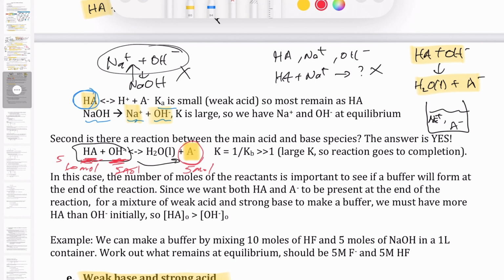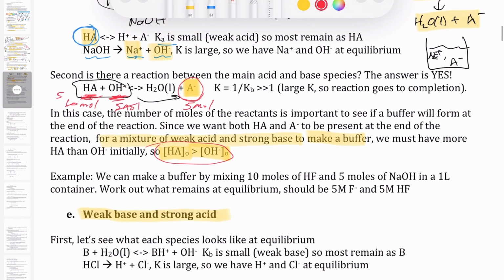So in other words, it will work as a buffer, but you just have to be a little careful with how much acid and base is present. So for a mixture of weak acid and strong base to make a buffer, we're going to have to make sure that the concentration of the weak acid initially, which is HA naught, has to be greater than the concentration of hydroxide initially, okay? So this part here has to be followed to make sure that we have a buffer